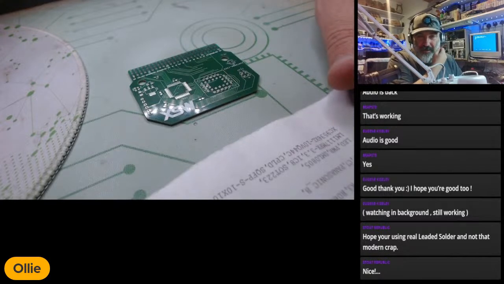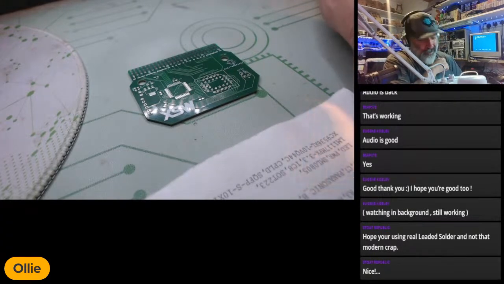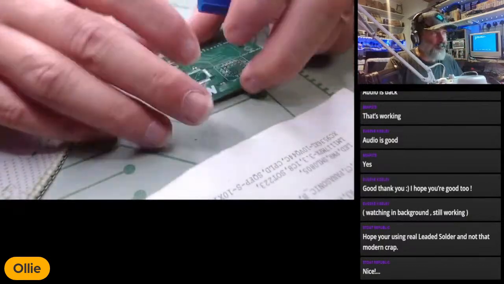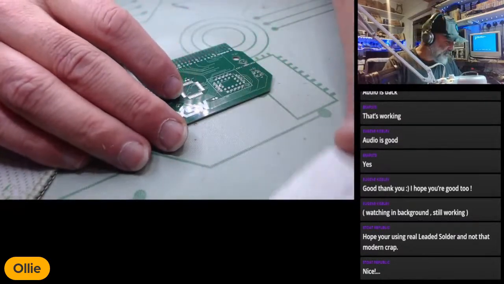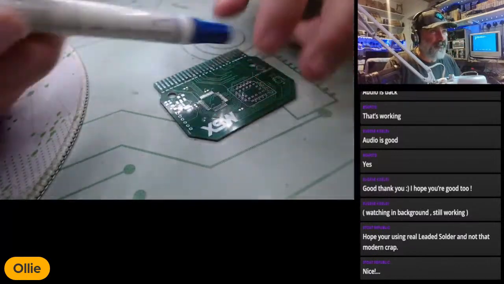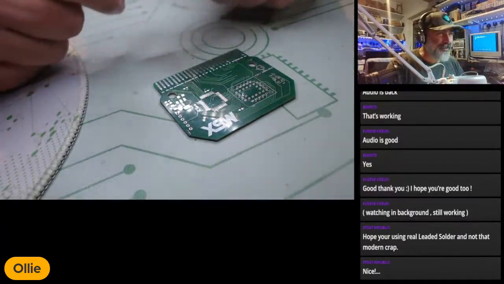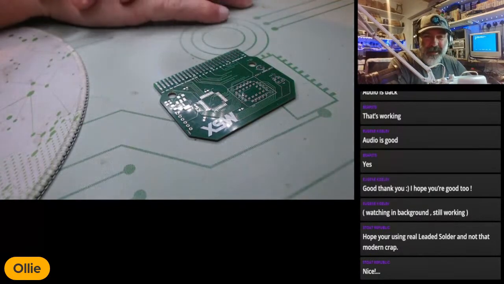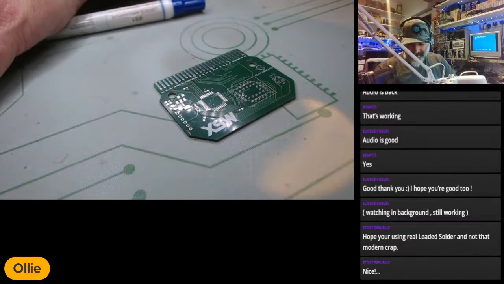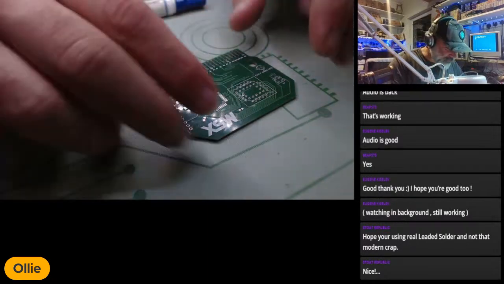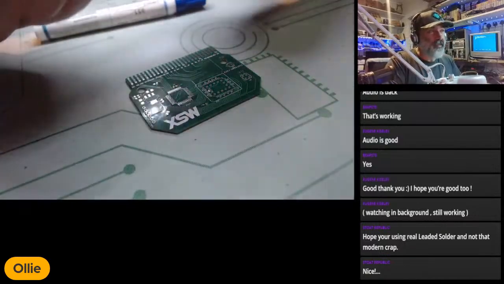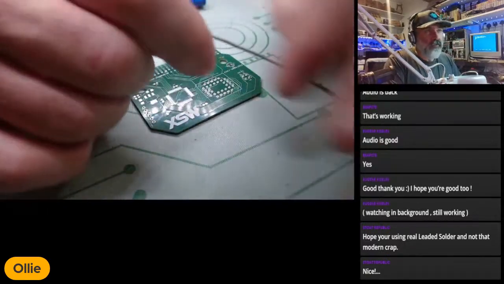I got given so much shit in my old videos because I was using unleaded solder, and people are really vocal and insistent about it. I haven't had any issues from the ADHD camera. I can't focus. I haven't had any issues with unleaded solder, but yeah, people got really upset with me for using unleaded solder. Fair enough. I didn't know better, and I now have the good stuff. But from what I hear,